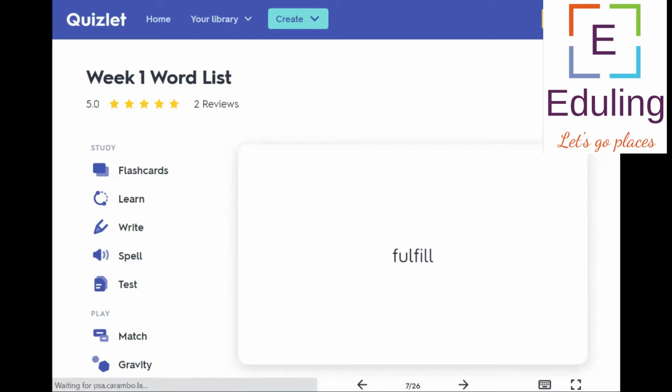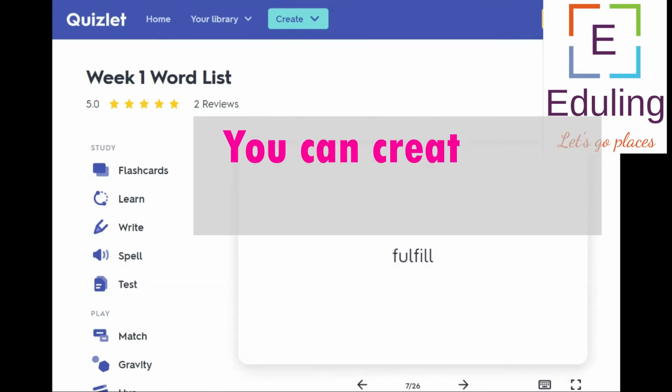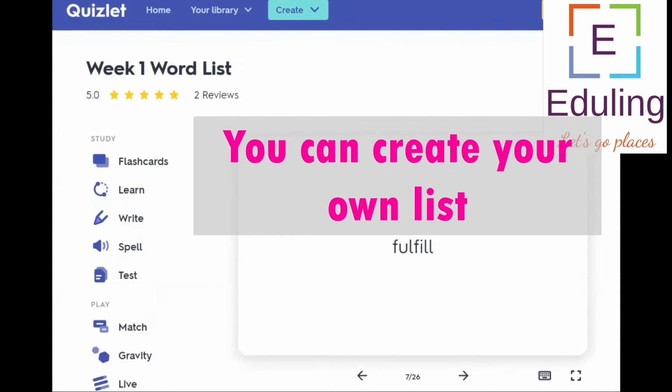So I'm showing you a list of words that I created and put on Quizlet here, and I will share with you a link so that you have access to the list. But when you log in, you can create word lists yourself so that you can practice the vocabulary words that